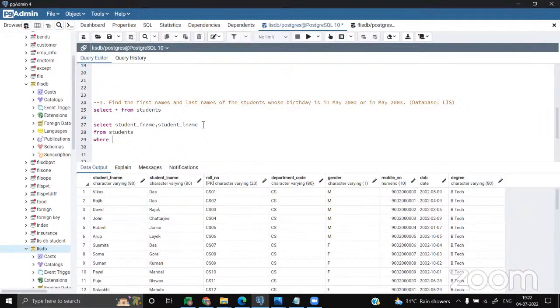Where DOB between 2003 May, so 01, and so on. This query will print those students who have date of birth in